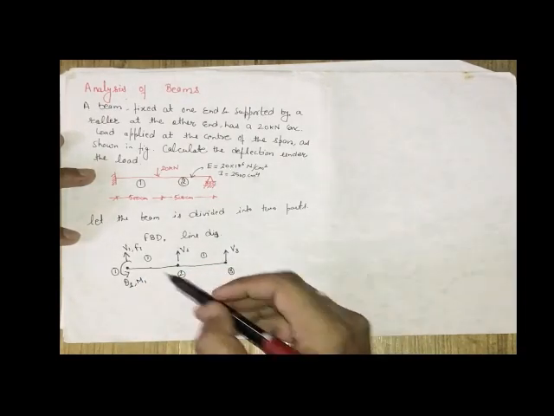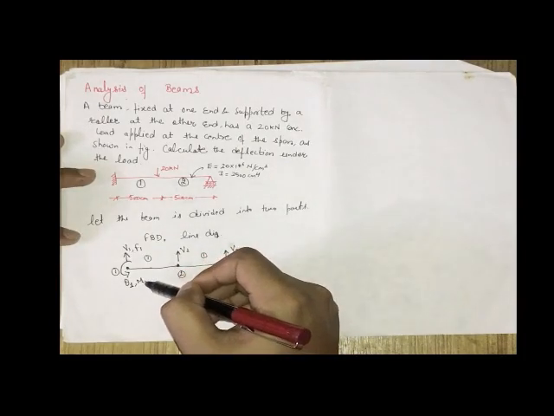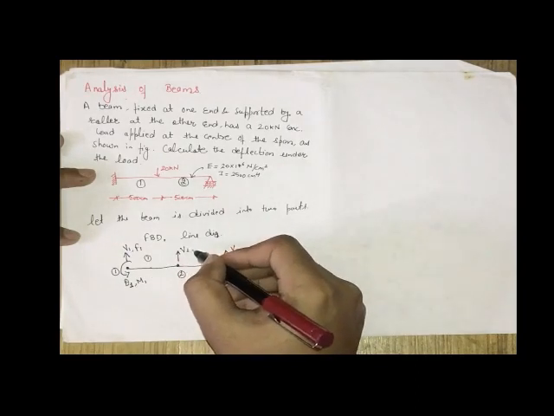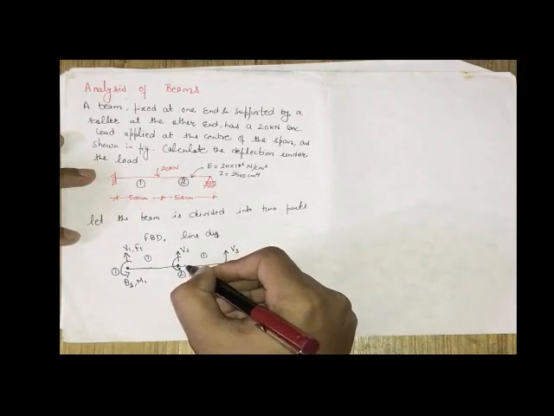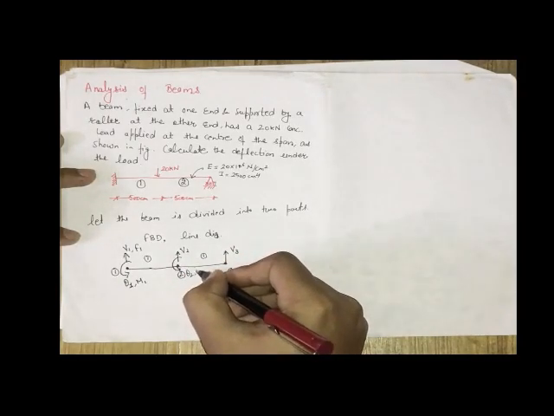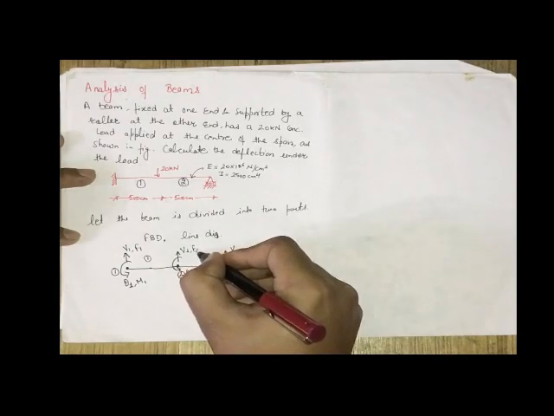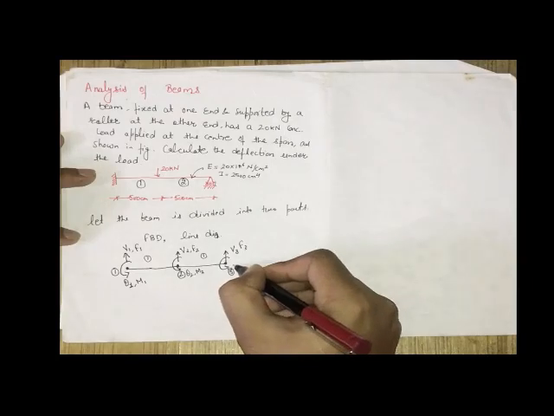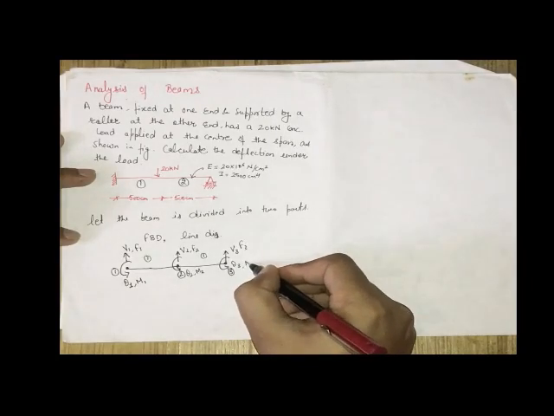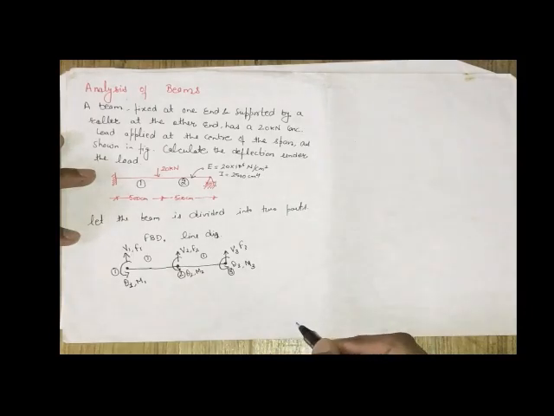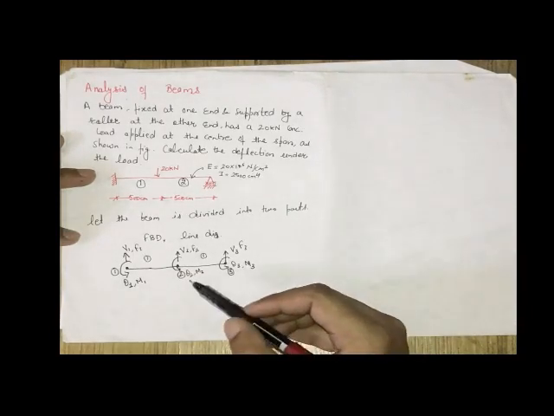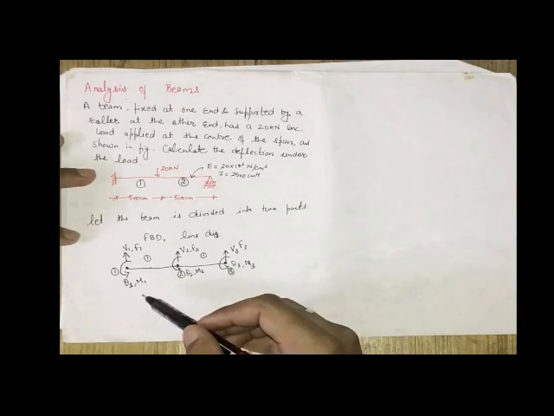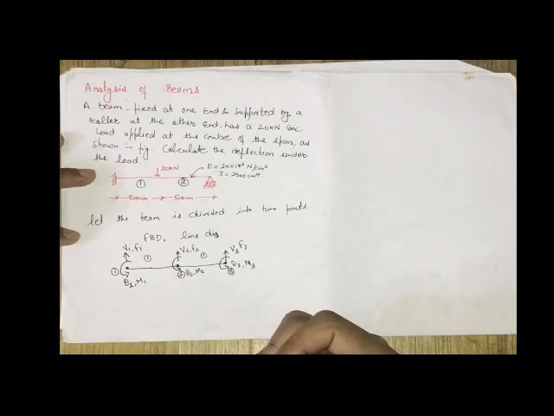Like that we have the shear force and the bending moment at node 1. Similarly we write for node 2: again we have theta 2 and M2, and the shear force is F2. Similarly for node 3 it is F3, the slope is theta 3, and the bending moment is M3. So at each node we have the 4 factors for the calculation of deflection: theta, shear force and bending moment.